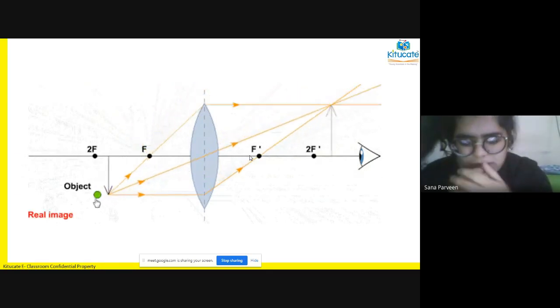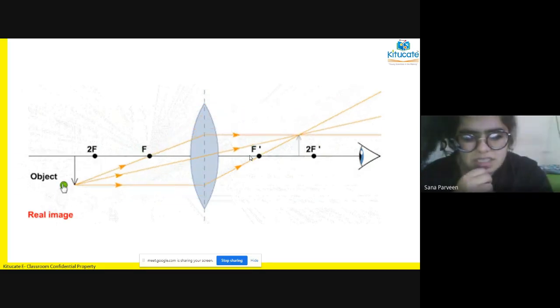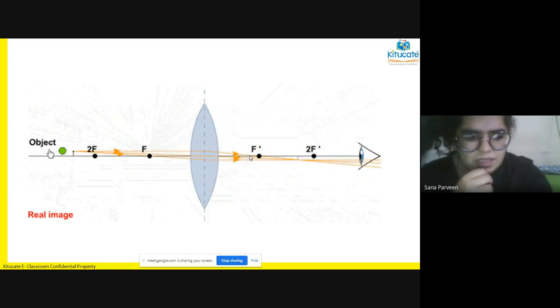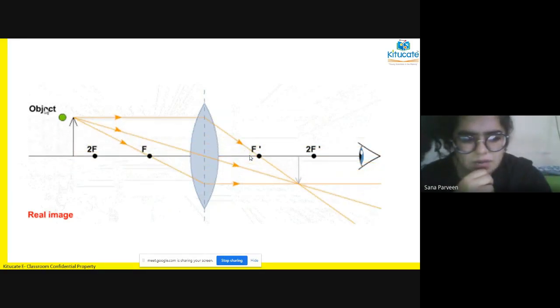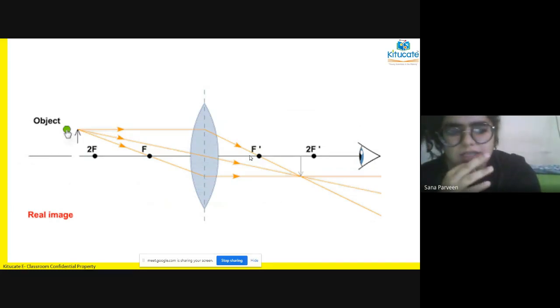See, this is what you were saying. When you change the distance, the size of the image changes. So here, the object is straight now. When the object is straight, the real image formed is